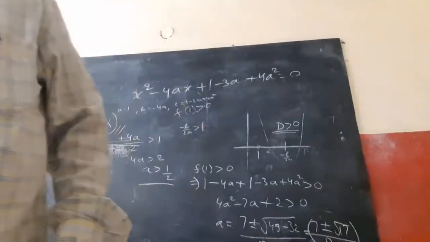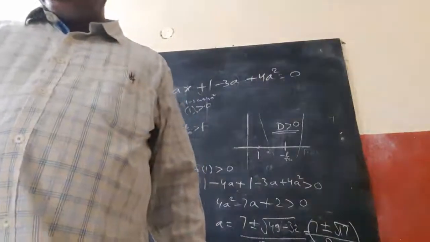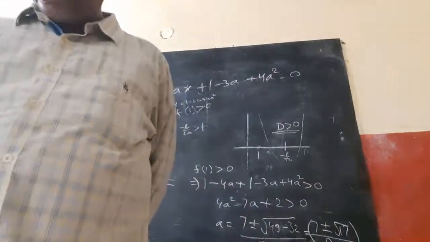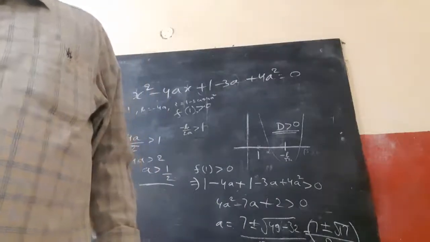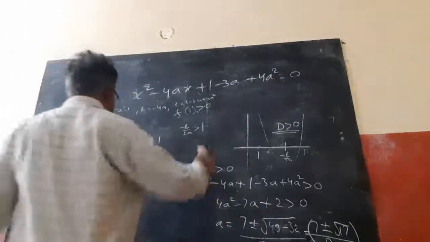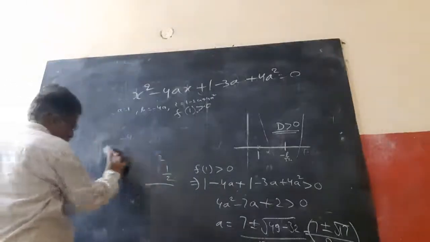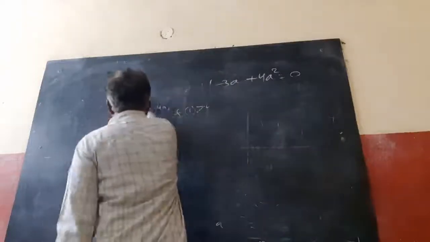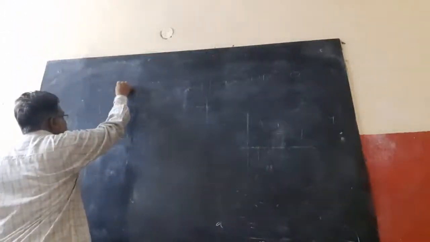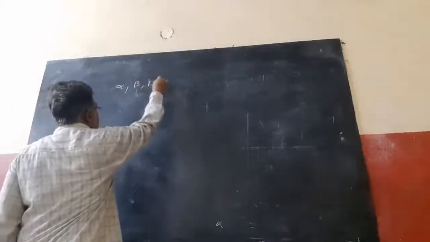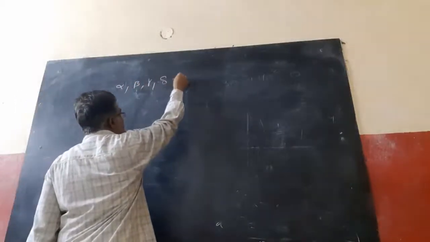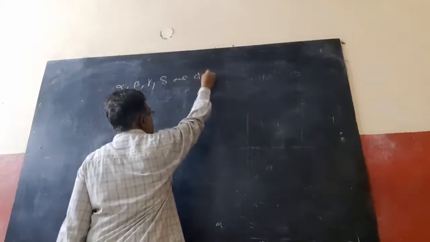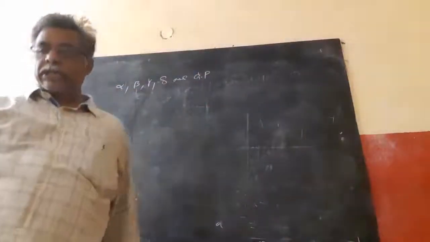And next question, given in 2019, very recently. Given that alpha, beta, gamma, delta are in geometric progression, and alpha, beta are the roots of so and so, gamma, delta are the roots of so and so, two equations. First of all, it is given that alpha, beta, gamma, delta are in geometric progression, in increasing order, say.